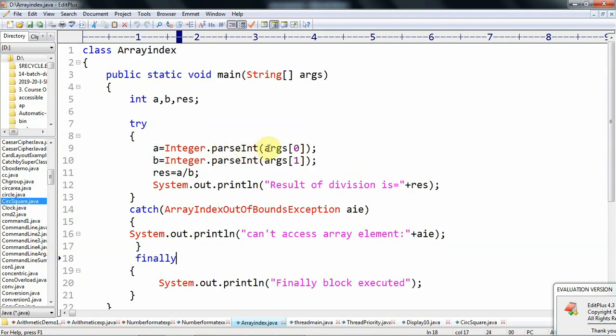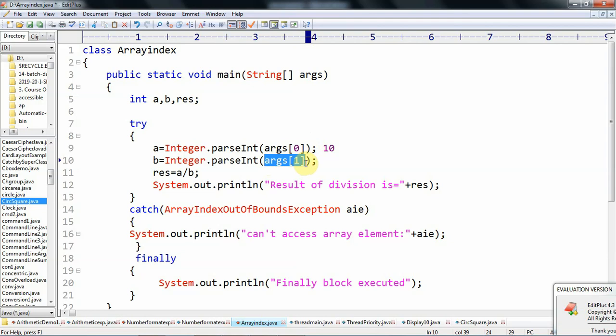In this program we take the array args and try to access two elements, args of 0 and args of 1. Suppose we supply two values, 10 for args of 0 and 5 for args of 1, then we access those two values and no exception is raised. Suppose we store only one value into args of 0, that means the args array contains only one value, but we try to access the second value, which args does not contain.